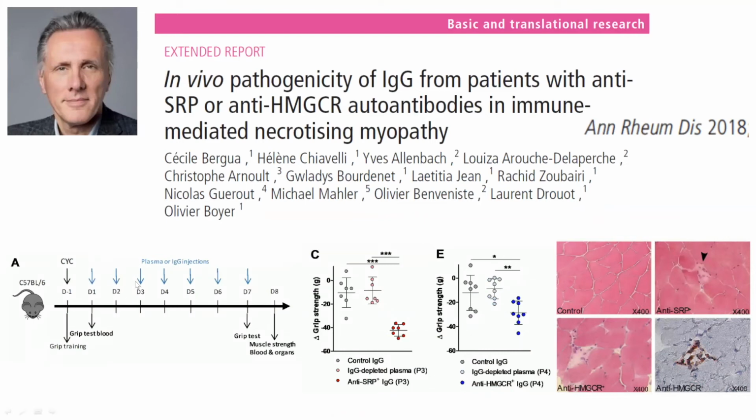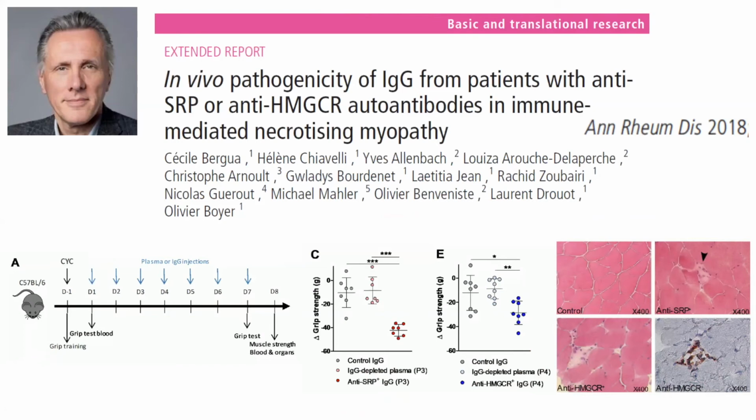And he observed after 7 days of transfer of anti-SRP or anti-HMGCR that the strength of the mice is lower, is weaker if they have the antibodies, and also that this transfer induces some necrotic fibers, as you can see here in SRP or HMGCR